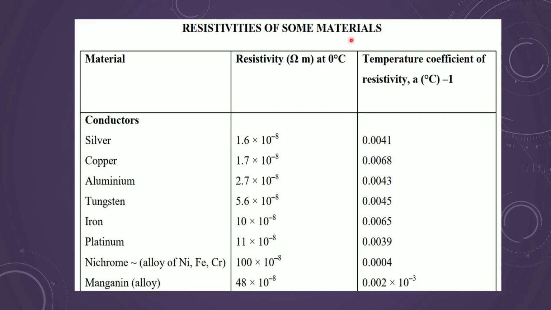This is simply a table for the resistivity of some materials. Temperature coefficients have been given for the different materials, and resistivity is also given for your reference. And about superconductors, you should know that if a body is cooled below a certain temperature, then the body starts behaving like a perfect conductor, where no resistance is offered. So those are superconductors. Superconductors will not offer any resistance at all. This should be known to you for your general awareness.